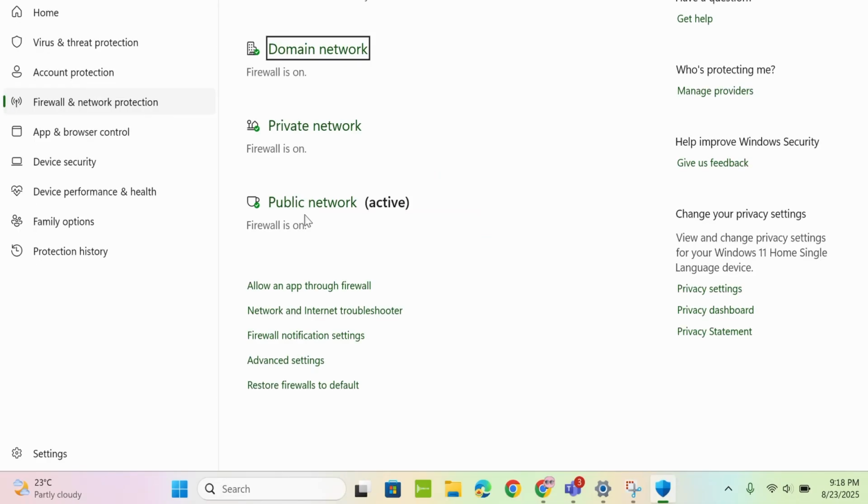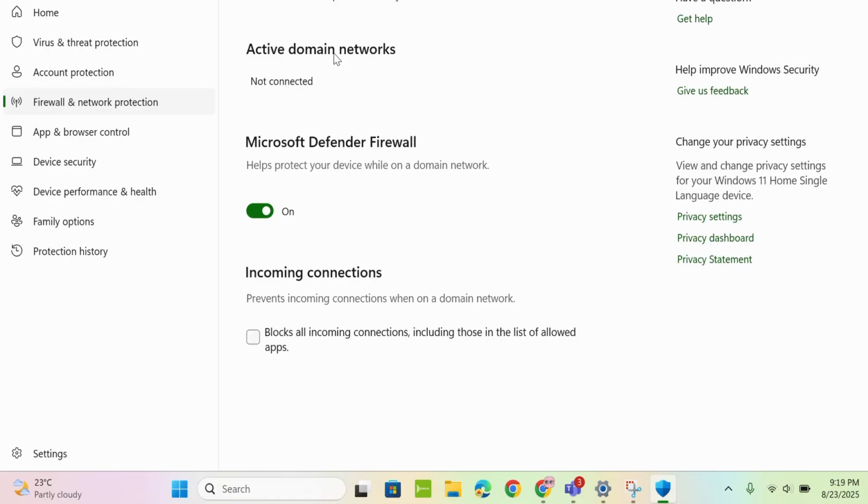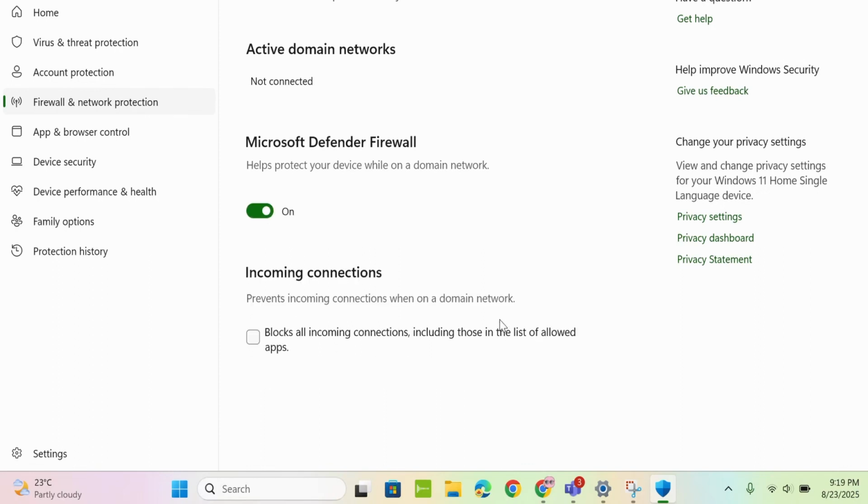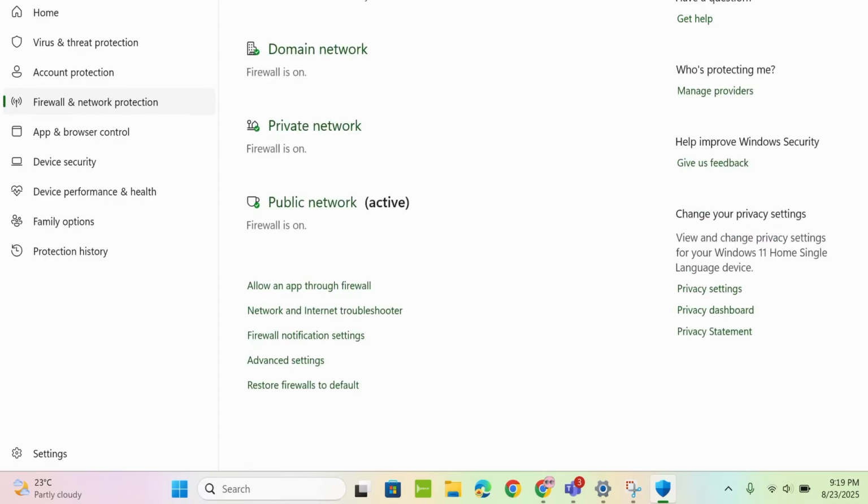So now here you'll find domain network, private network and public network. You have to toggle it all off if all three is on. So just first tap on domain network and then you can see the toggle on. You just have to toggle it off and then you have to tap on yes and then that's it. Now you need to come back and then do the same for private network and public network and you'll disable